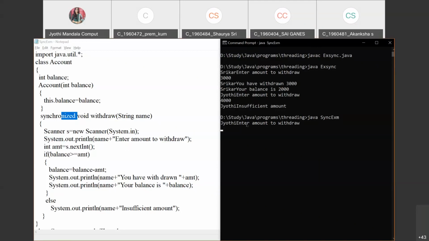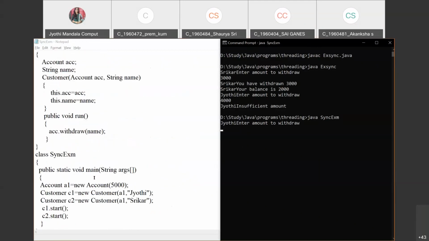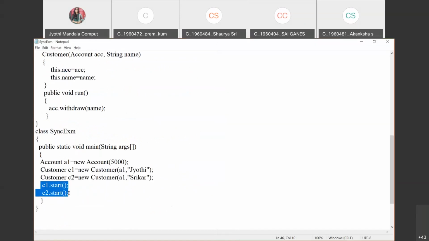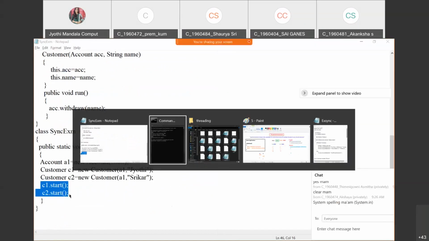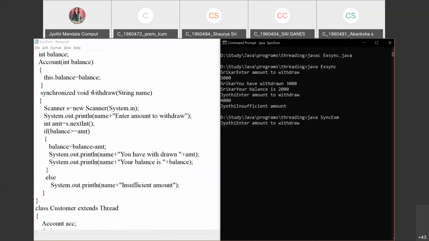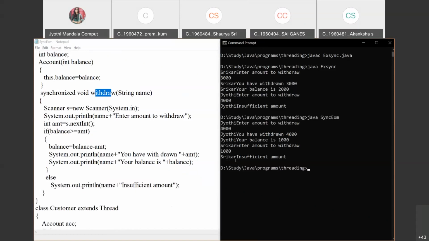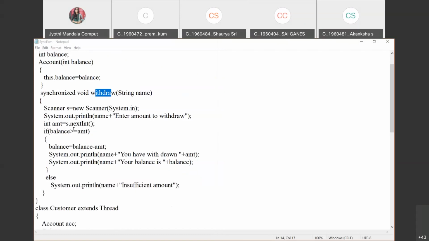Yeah. Now see here, it is asking one person. Even though in the program we have started executing two threads first, since we have made the method synchronized, it is asking only one person. So let me give the value of 4,000. So 4,000 is withdrawn and the balance is 1,000, and the second person is now given the chance. For that person, if I give 1,000, then it can perform 1,000. Why am I getting insufficient balance? Because I have taken greater than or equal to amount. I think I have not saved this one.